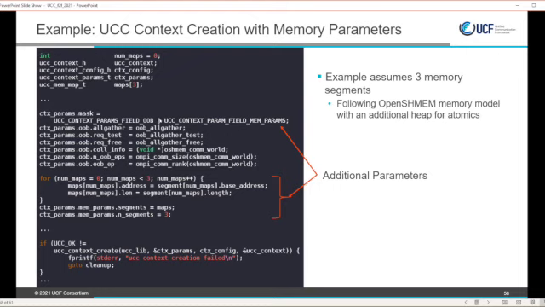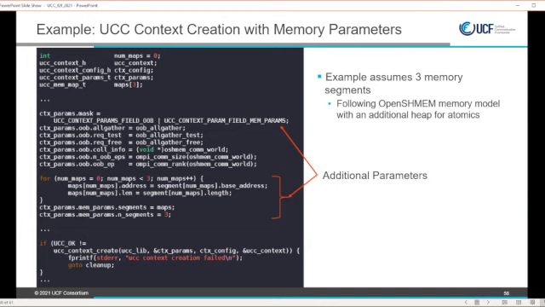From there, we just add an additional parameter to the context param mask, which is UCC context param field mem params, to indicate that we have memory parameters. Then somewhere in here, we would loop over our segments, assuming they have base addresses and lengths already predefined, which is typical for an OpenSHMEM implementation.